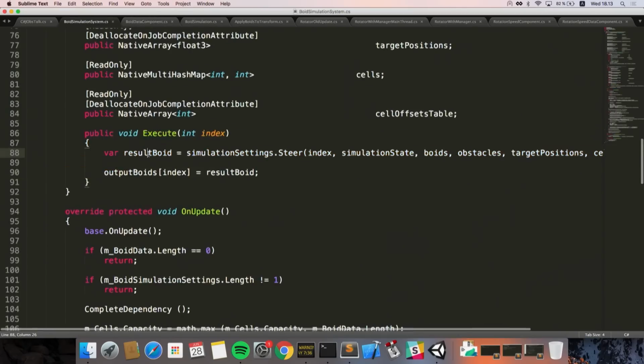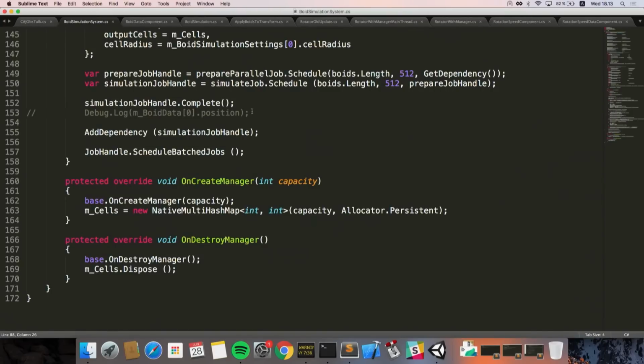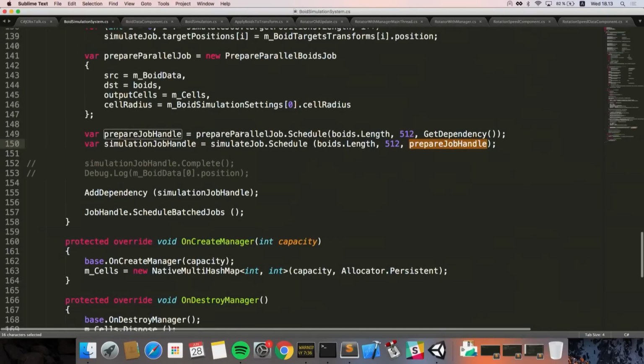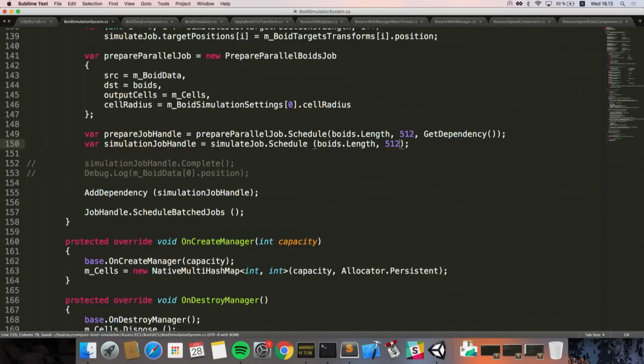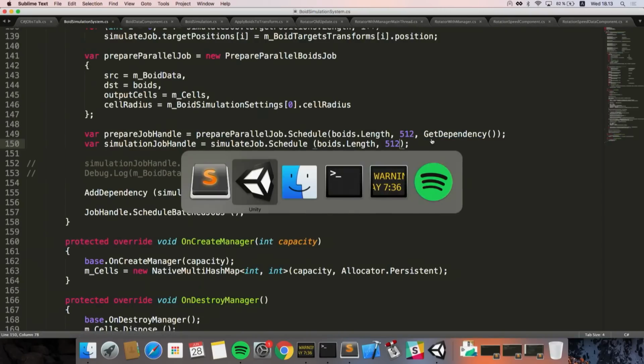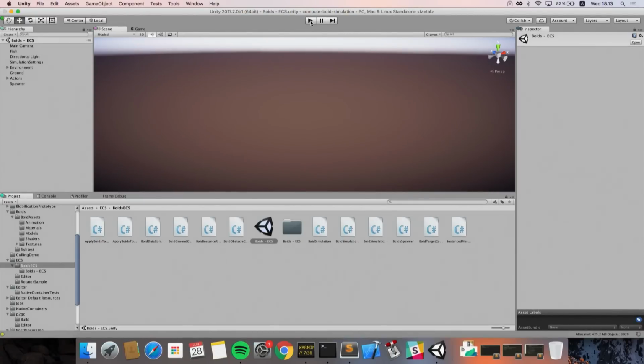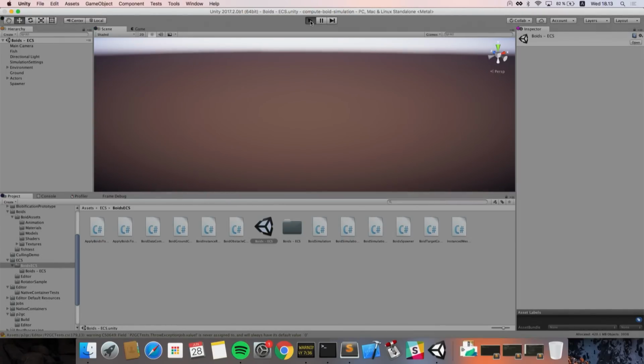But let's say we make a mistake. Let's say over here we have our two jobs, right? We're scheduling a job that creates that hash table, and we have our simulation job. Let's say you forget the dependency between the two, right? You have to do that explicitly. But let's say you forget that. When that happens, we basically